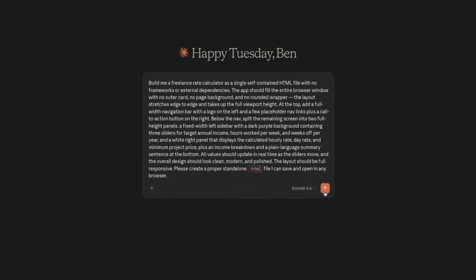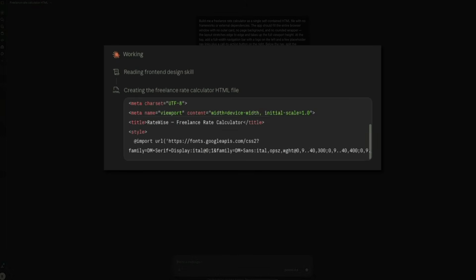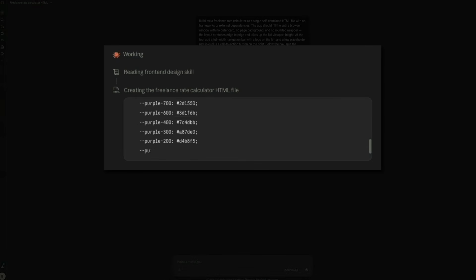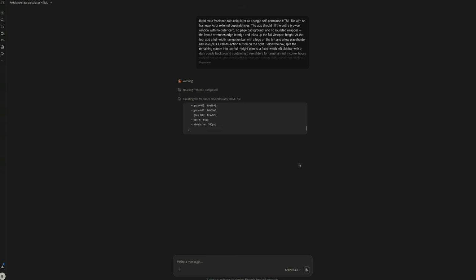Okay, once you've entered the prompt, go ahead and send it through and watch Claude get to work. You'll be taken to the chat interface where you can monitor Claude as it builds out the actual code for the app. And as you can see, it's building the HTML file right here. It's pretty cool. Then this took a little under 2 minutes to process, so I'm going to fast forward for